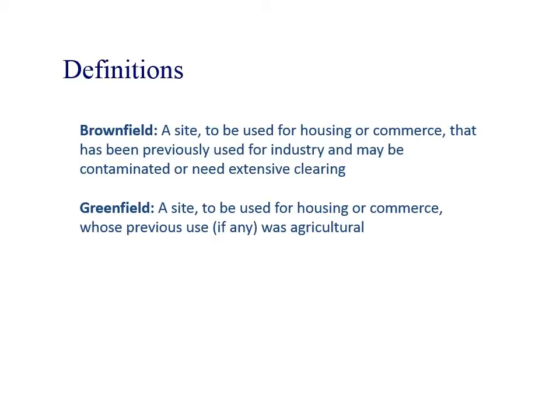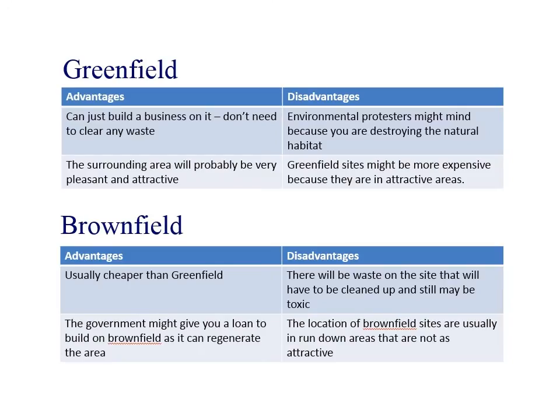In the specification it talks about brownfield and greenfield sites. So this could relate to location. Brownfield is any site that's previously been used by industry and may need clearing or processing before you can build new things on it. Actually, where Connell College was built used to be a chemicals plant, so the ground needed a lot of extensive clearing. But greenfield is any site which hasn't previously been built on or was used for agricultural purposes. And there are some advantages and disadvantages of using both sites.